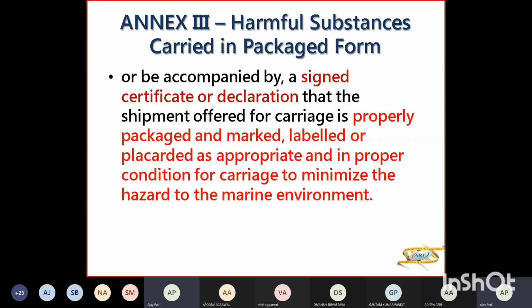डॉक्यूमेंट्स वो शिपर देगा और शिपर उस डॉक्यूमेंट के साथ एक साइन डिक्लेरेशन देगा कि द शिपमेंट इज प्रॉपर्ली पैकेज्ड, मार्क्ड, लेबल्ड, प्लेकार्डेड. मतलब उसमें जो बड़ा सा प्लेकार्ड लगा है वो अप्रोप्रिएट है टू द NX3 and it is in proper condition for carriage so that आपके मरीन एनवायरनमेंट में हजार्ड कम हो। तो ये डिक्लेरेशन होना चाहिए कि आपने प्रॉपरली पैकेज किया, मार्क किया, लेबल किया, प्लेकार्ड लगाया, so that हजार्ड मरीन एनवायरनमेंट में मिनिमाइज हो।